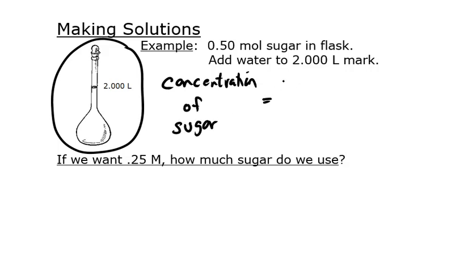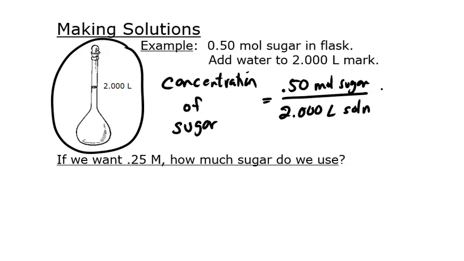Okay, so the concentration is, as we said, molarity, moles per liter, so 0.5 moles of sugar divided by the liters of solution, and once we've filled that up to the 2-liter mark, we will have 2 liters of solution. Do the division, and you'll get 0.25 molar